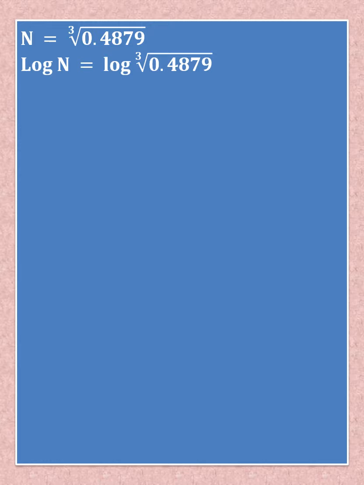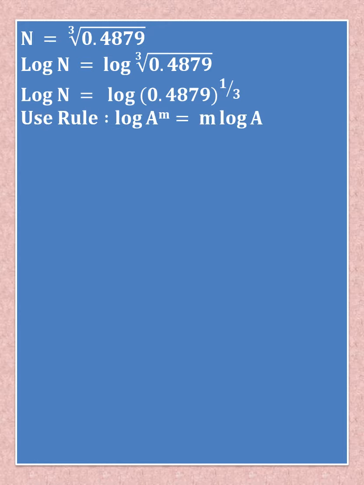Now let's see the next example, which is less than 1. Here also we have to find the cube root. So the cube root of the given number can be found using the same method. Take log on both sides. So cube root means what? Raised to 1 by 3. Same, no change, use the same formula. Take the log on both sides. So 1/3 multiplied by the log of the given number.